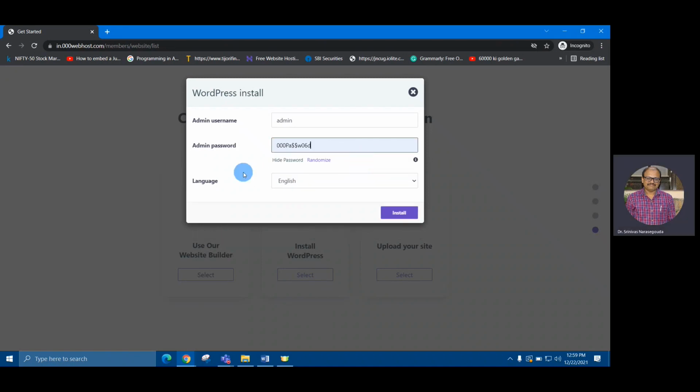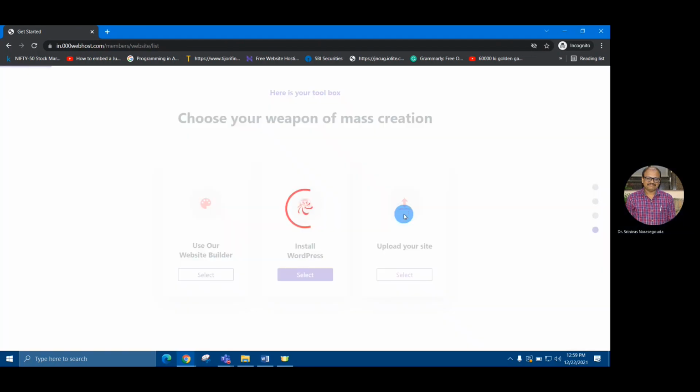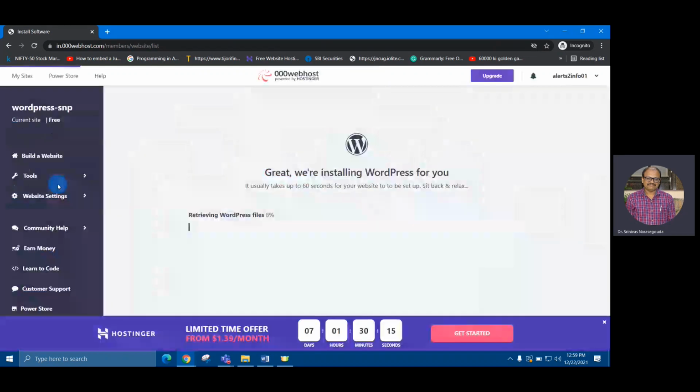Please remember this admin password because this is the password which we will be using. Depending upon your internet speed, it will take time to configure. Now WordPress is getting installed.